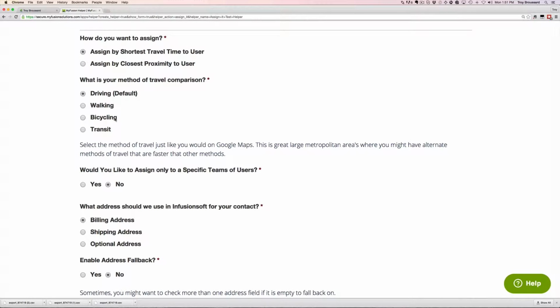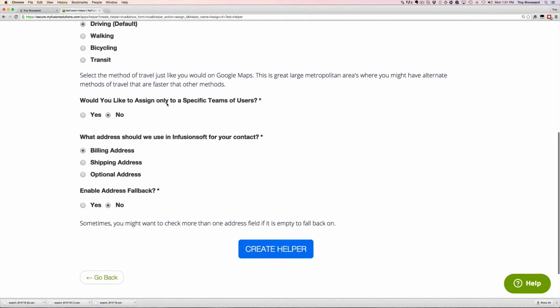Because they had multiple service locations in a geographical area, and they needed to find the closest person to assign to them for their bike delivery routes. So these can be used very creatively. It defaults to driving, but you also have the ability of selecting walking, traveling by bicycle, or taking public transit. Okay, so more than likely you'll probably use driving, but those are the reasons for some of the other options